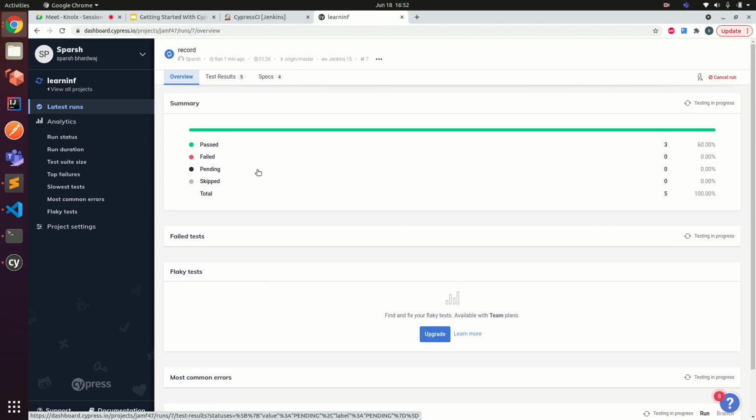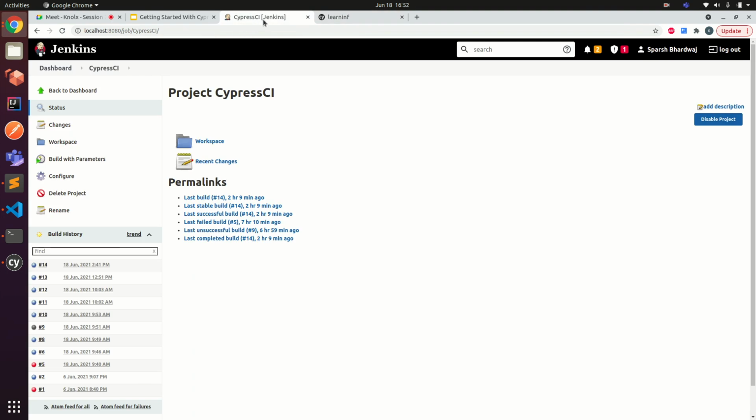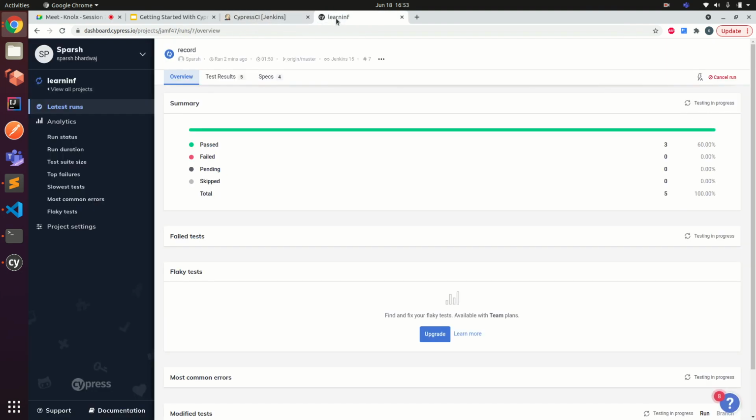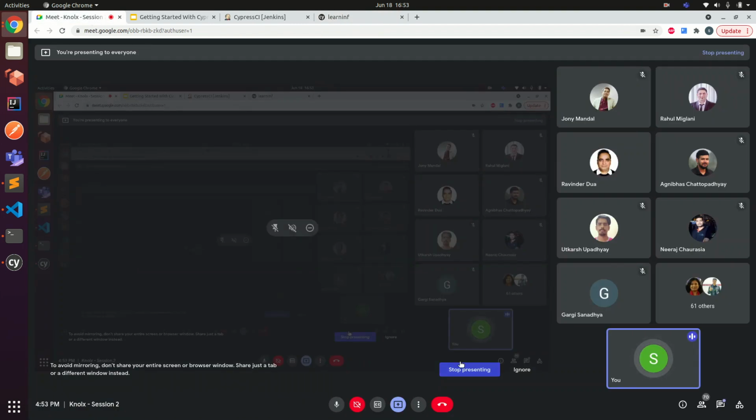And if you think, we don't have to share the report every time with the clients or the stakeholders. They can simply log into this portal, this dashboard, and have access to all the information that we have. Yeah, so that was pretty much what I had for the session. If you have anything to ask, please ask.